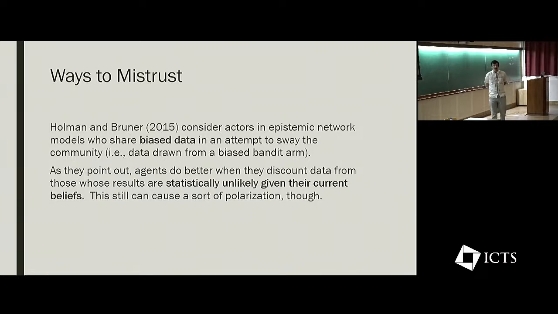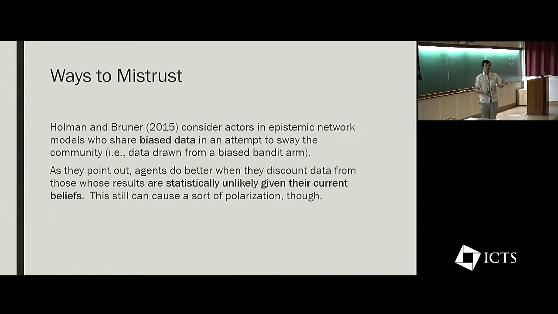In this case, they're able to identify the biased agents because built into the model is the assumption that some agents are biased, and you're trying to figure out who they are, and you're doing it by doing your own work and then looking at the distribution of other agents' results. And what you find is this agent is consistently producing out of sample, or like out of distribution results,